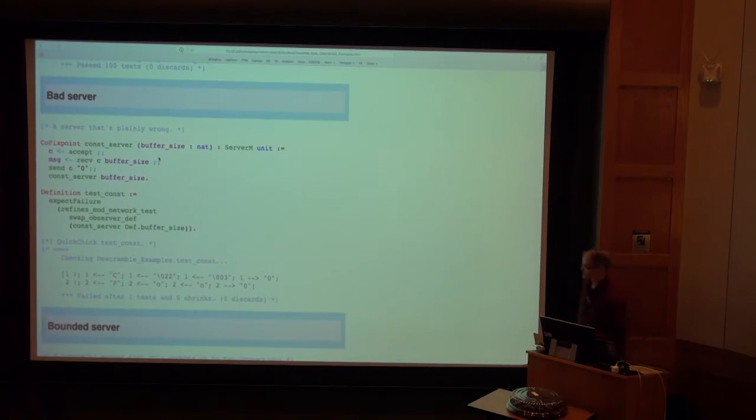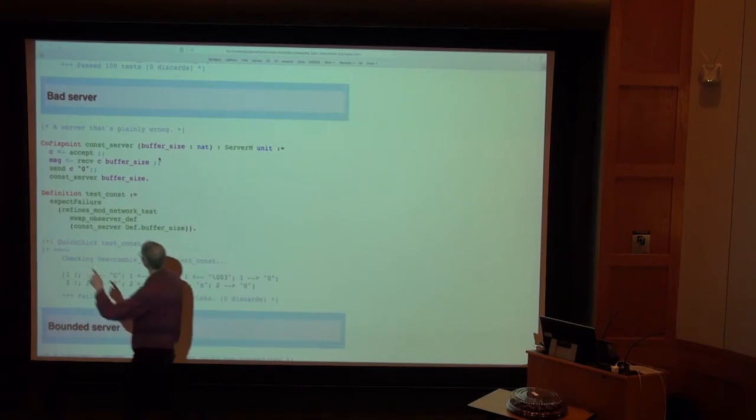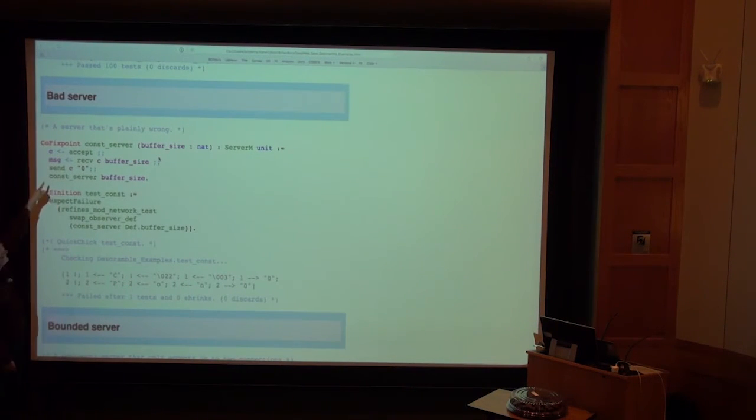Here, though, is a server that is wrong. So it accepts a connection, receives something on that connection, and sends back 0. So this is a little bit interesting because the very first exchange will look correct because 0 is the first thing that should come back from a server that's initialized with 000. But the second byte is wrong. And here is a trace, probably not the shortest trace, but a trace that shows that the behaviors of this server do not refine modulo scrambling the top level spec.